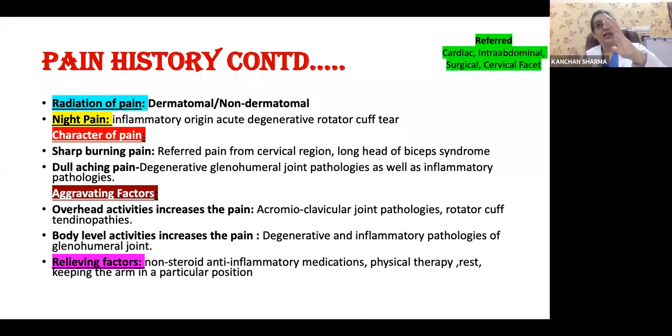So that is the way they will get accustomed during their long time of suffering. They just try to accustom to their pain. So you need to drag it, you need to keep on asking the history so that the patient will be telling you it rightly. And do not forget, if the pain is on the top of the shoulder, obviously it